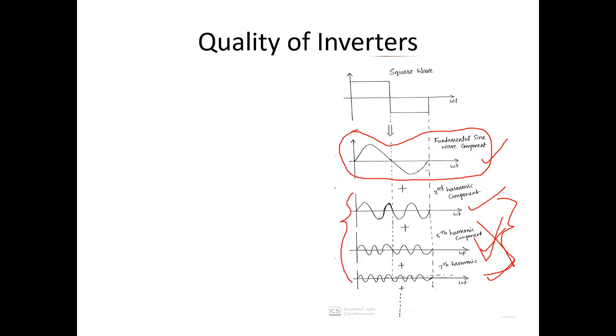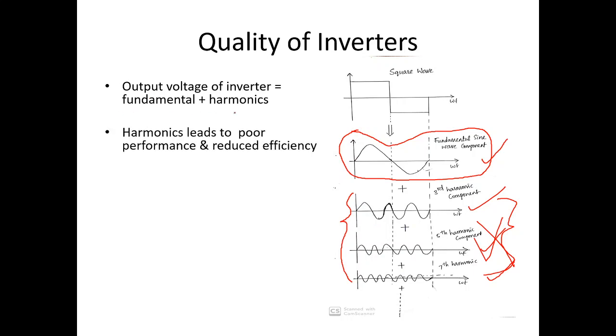In fact, harmonic content in the output voltage must be less than 5% according to the international standards. So usually we need to maintain this harmonic component, when compared to the fundamental component, at less than 5%. You have to minimize that as much as possible. If this harmonic content is more than 5%, that is not referred to as a good inverter. So the output voltage of the inverter will have fundamental as well as harmonic components, where harmonics are to be eliminated.